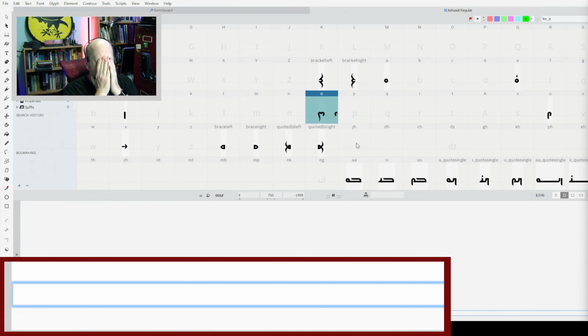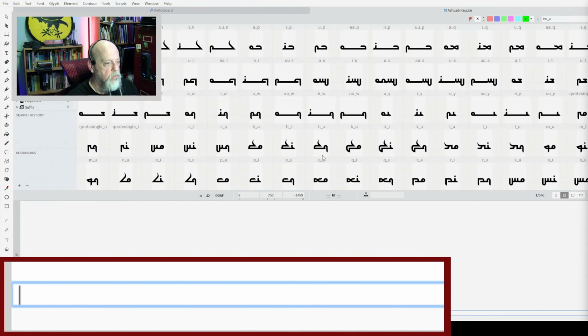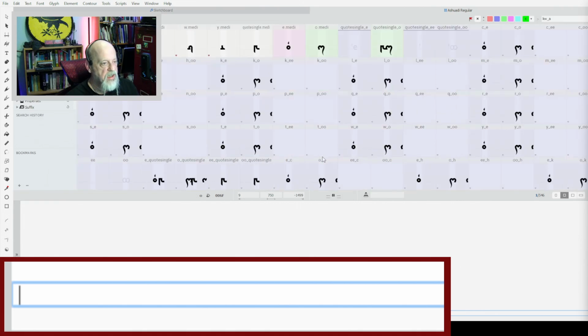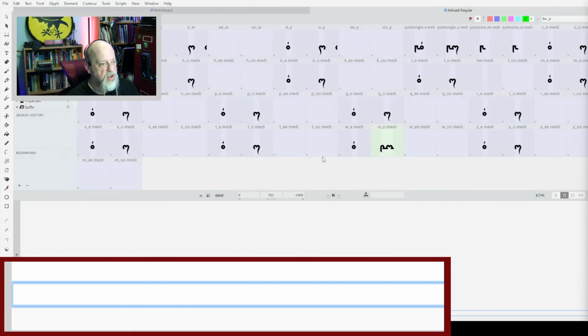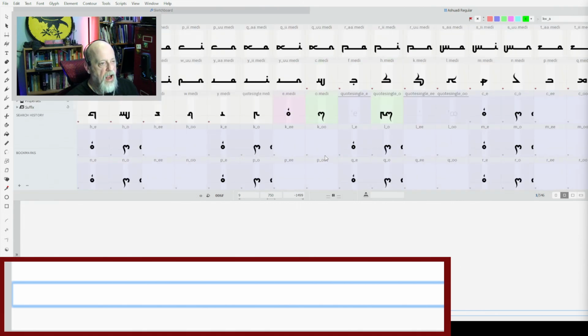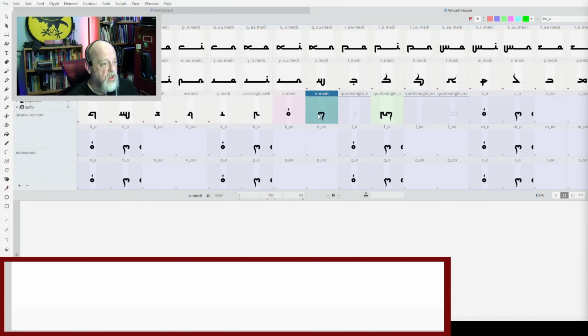Anyway, I'm going to say done because I've covered the stuff I was going to show, but it's getting late. It's going to take hours to actually do all of the changes that I have slated to make this work. I got to redraw each of these glyphs here, and I've only redrawn actually effectively one of them because that one is going to change even though it's been marked green.